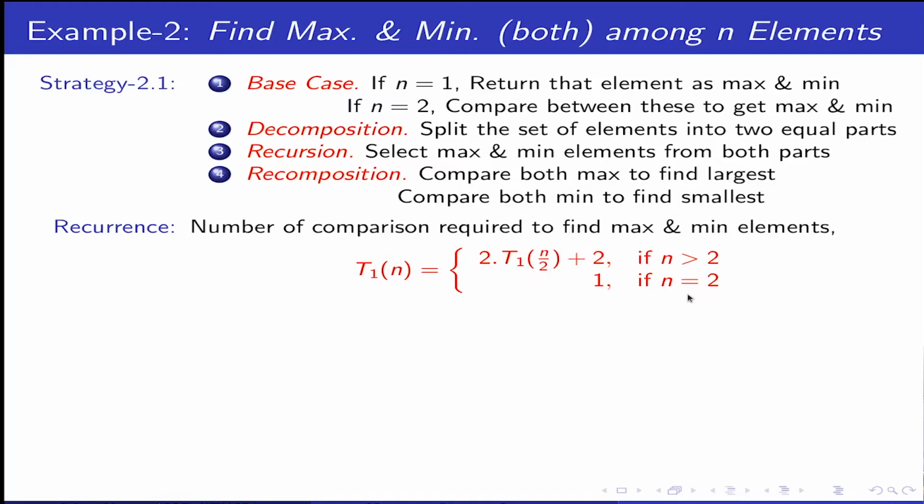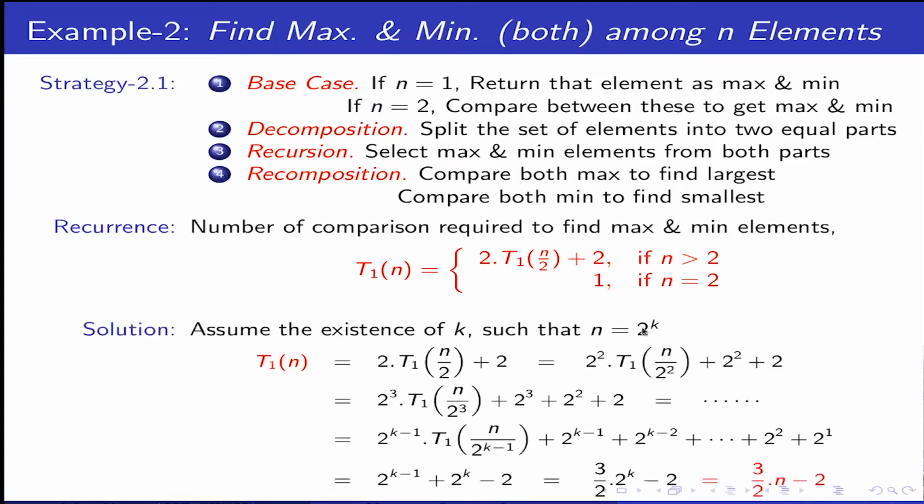And if n equal to 2, then we have one comparison to declare, because two elements, one comparison, larger will go as max, lower will go as mean. So for large n equal to 2 to the power k, let us try to solve it in the same way. If we expand it, this will be 2 square plus 2 into this plus this. This will be 2 cube, this plus this. This will again go gradually by this formula. Now see why I stopped here, because I have n equal to 2 to the power k and my base condition is 2. So n by 2 to the power k minus 1 is T2, which is 1.